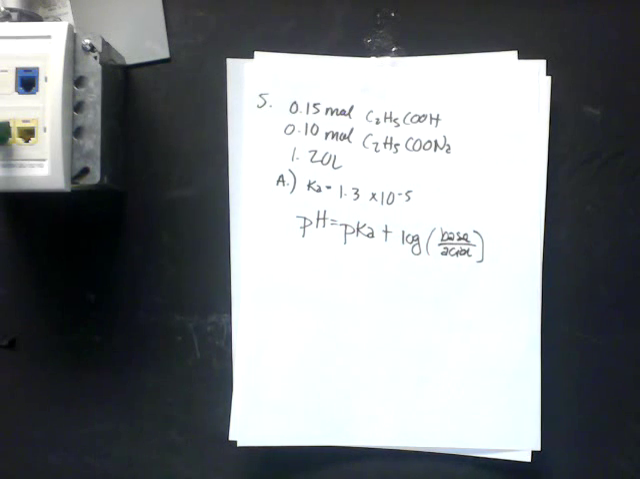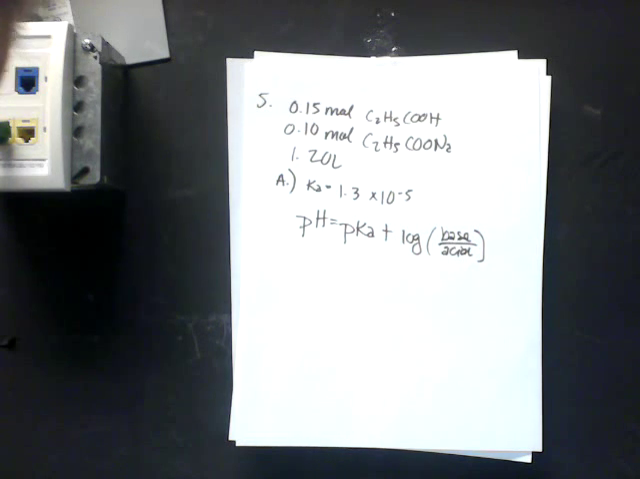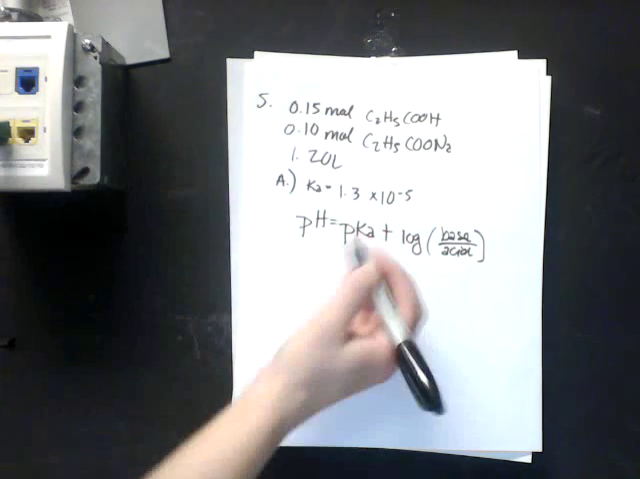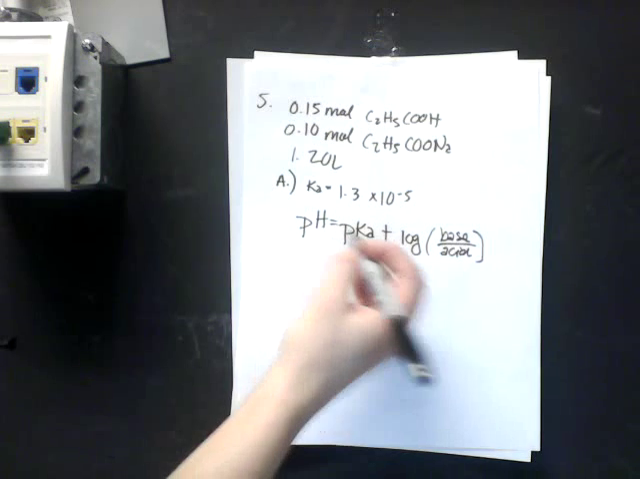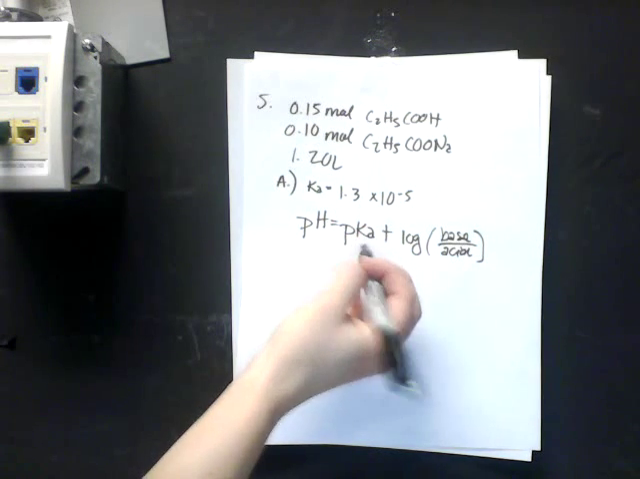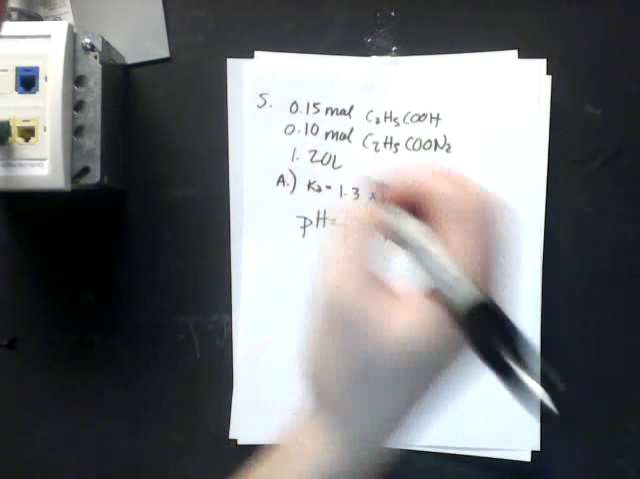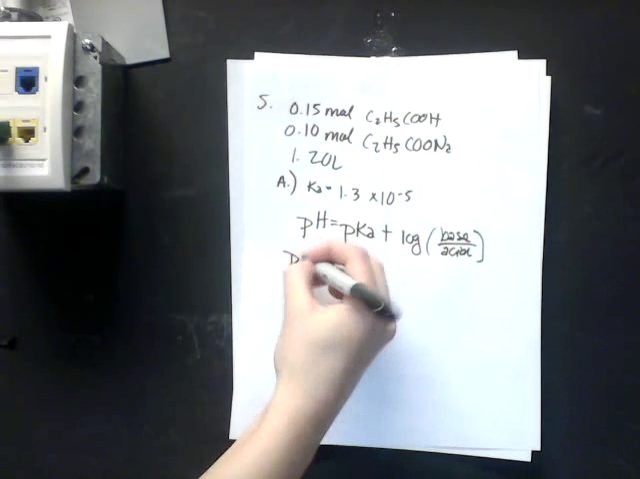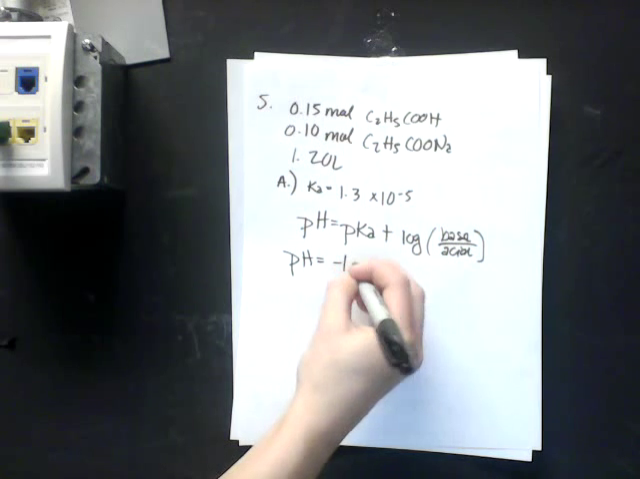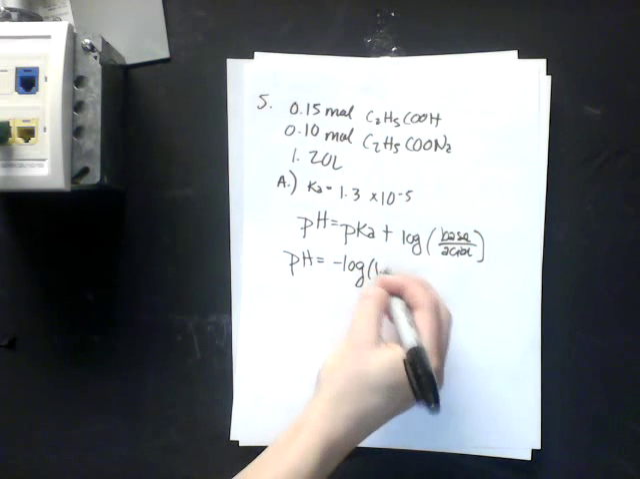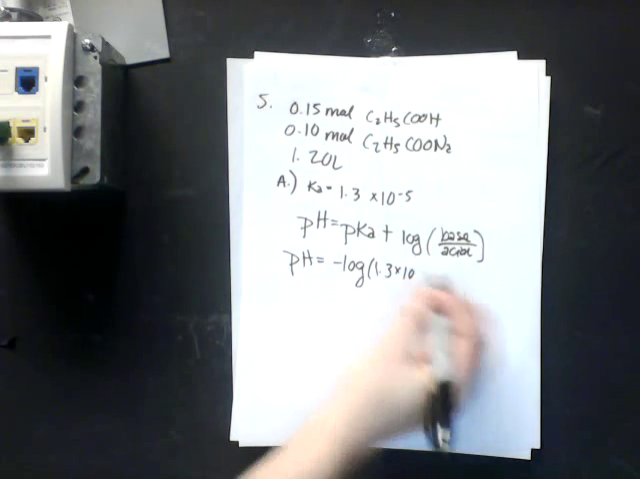So that should be a pretty straightforward calculation. All you have to do is take the pKa, right? What do we do if we put a p in front of Ka? What if we put a p in front of pH? It says find the pH. You always just say negative log 1.3 times 10 to the negative 5